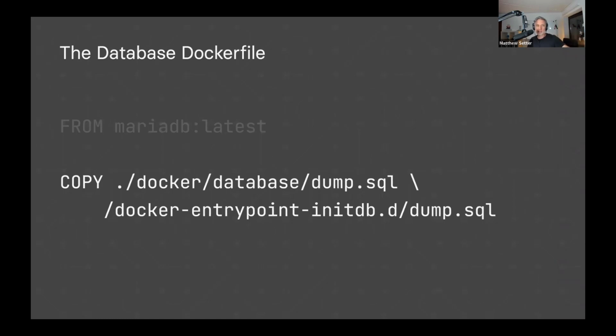And to help put that into more context, the copy instruction here copies a SQL file, which we'll cover a bit of in just a moment, into docker-entrypoint-initdb.d inside the image. And the reason for that is because when a MySQL image is created, if it finds a file ending in .sh, .sql, .sql.gz, or .sql.xz in that directory, then it'll run it. So in effect, it's a lazy man's or poor man's database